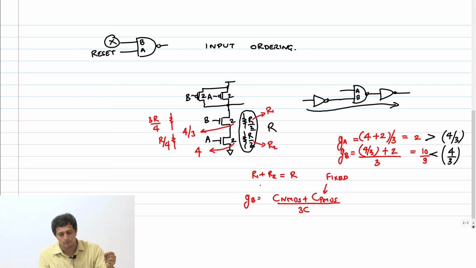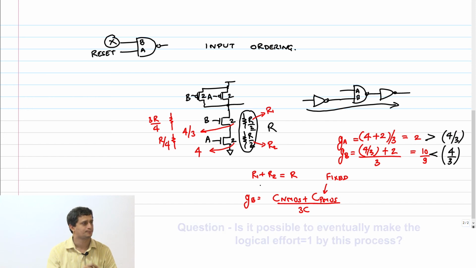You're right that because I've made it 4 by 3, and not 2, the resistance of that transistor has gone up. But the resistance of the bottom transistor has come down now. So what is slightly counterintuitive is that the resistance of the guy you're trying to reduce the logical effort for is actually going up. The resistance of that guy is not coming down. It's actually going up because I'm reducing the capacitance, right? So it doesn't matter if the resistance of that guy goes up as long as another transistor on the stack is able to compensate for it.